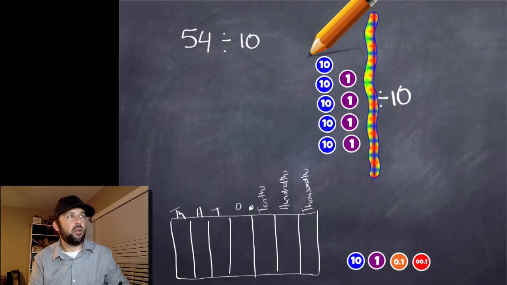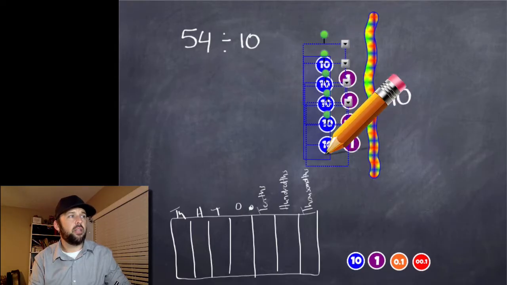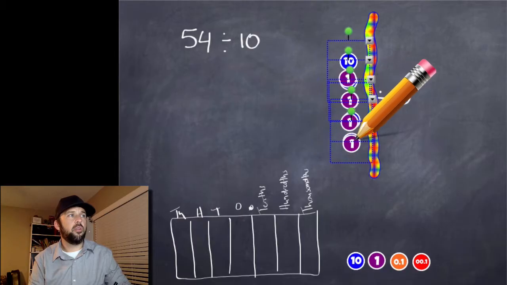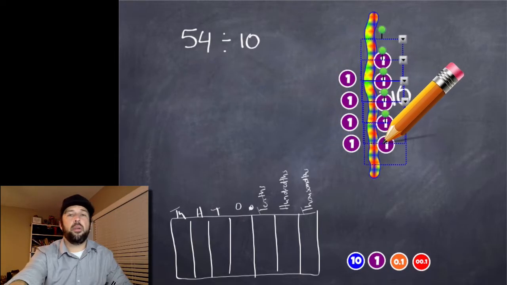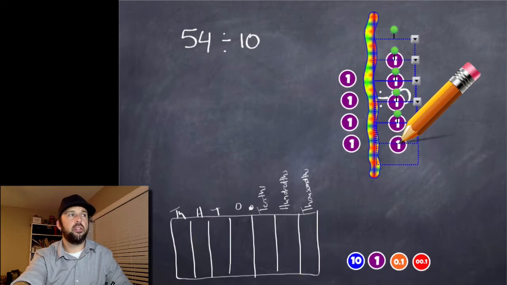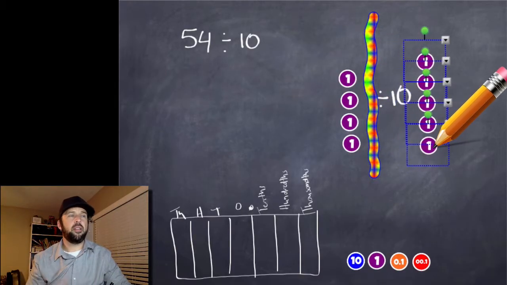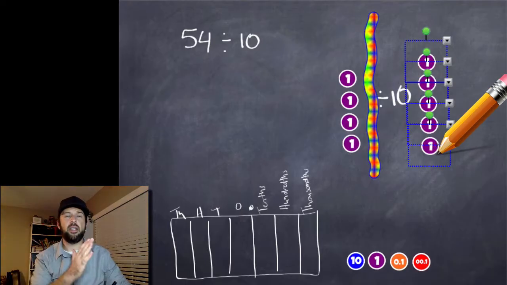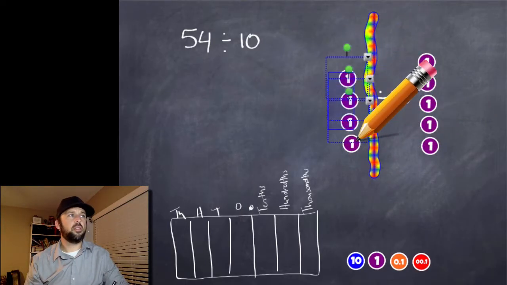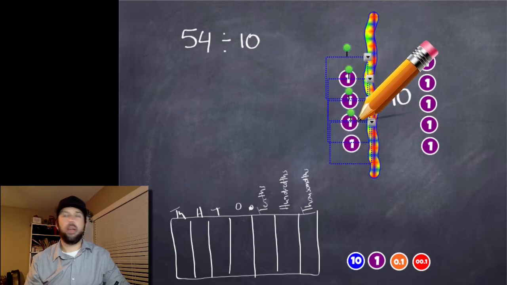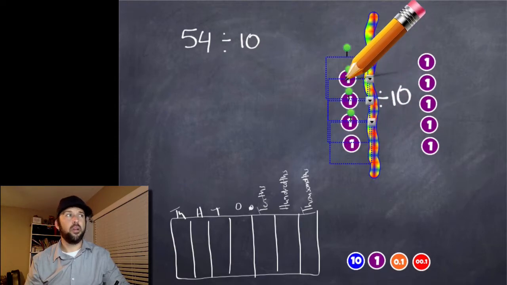So I'm going to start by grabbing these 5 tens right here, and I'm going to move them over here. And as soon as I move them across that line, presto changeo, they have turned to 5 ones, right? Because they moved down a place value. 5 tens move down to 5 ones. Easy enough. Let's go ahead and grab my 4 ones here. I can count. 1, 2, 3, 4.